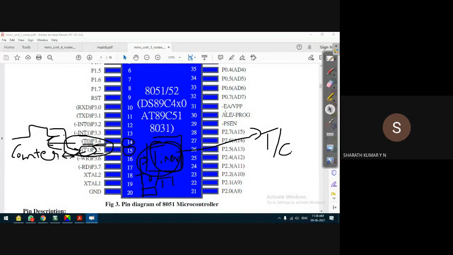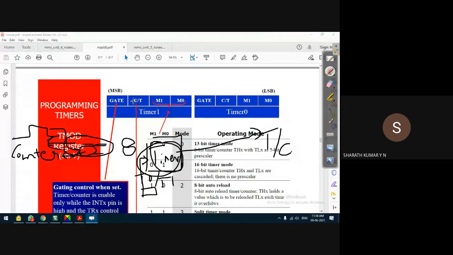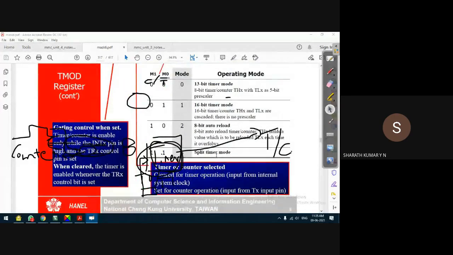For that, we make use of the TMOD bit called CT bar. It is actually CT bar, the bar is missing here. What the CT bar indicates is that when the bit is 0, it is timer operation.